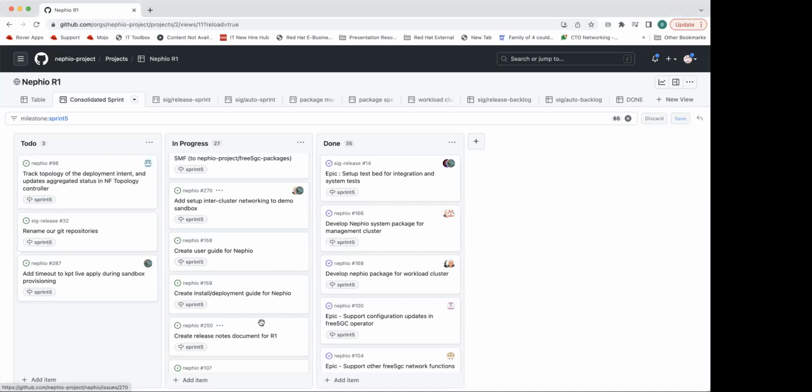But we also need to deploy the CPs first, right? Then if you have a bunch of CPs, the AMF also requires an N2, I guess, that kind of thing.